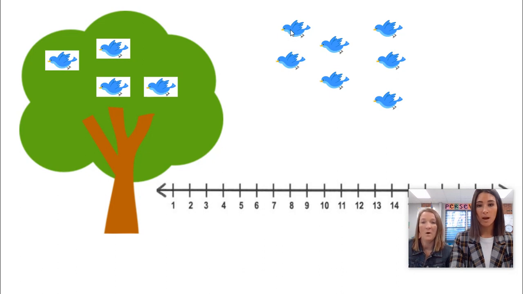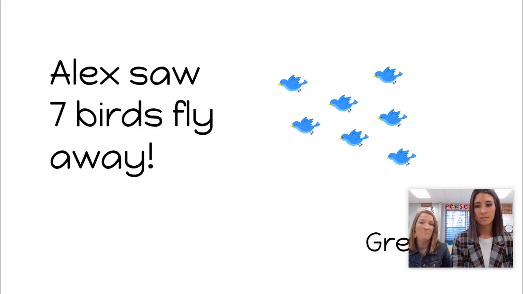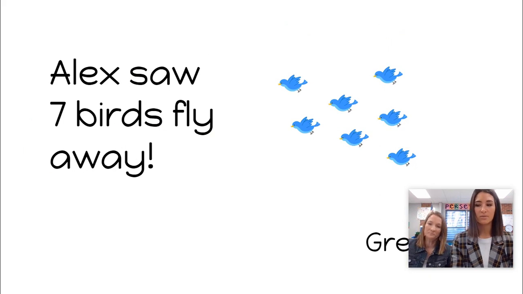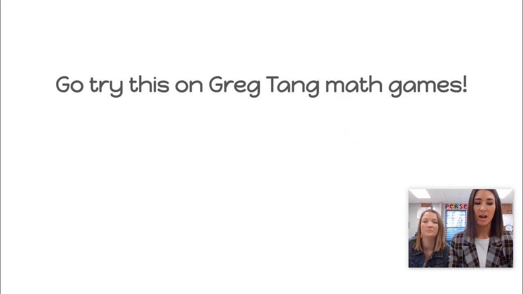Here we go. 1, 2, 3, 4, 5, 6, 7. Did we get the same thing? We did. So you could have a picture or you could have used a number line. Alex saw 7 birds fly away. Great job. Let's try this on Greg